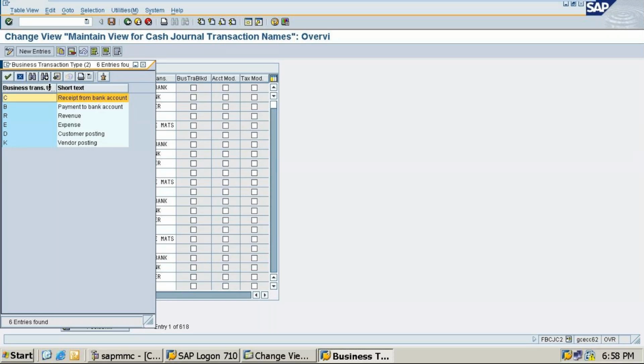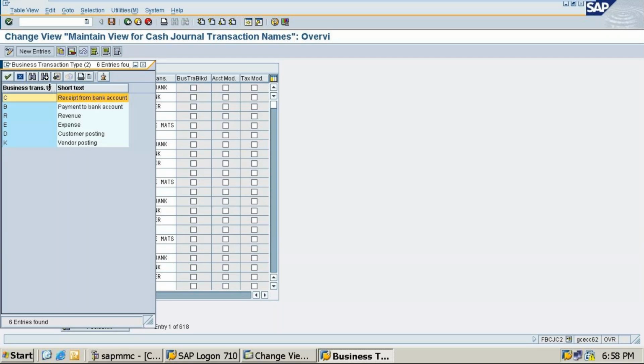Revenue means it can be any revenue, like, this is your cash sales you are doing, that is also you are getting income, or else you are selling any items, that is also income. Commission received, that is an income. Salary received, that is an income. Rent received, that is an income. All these things. Discount received, also income.